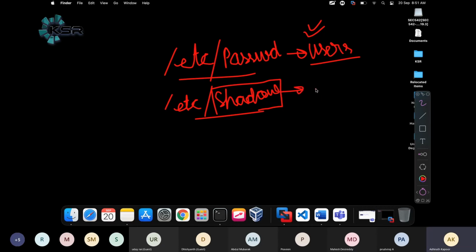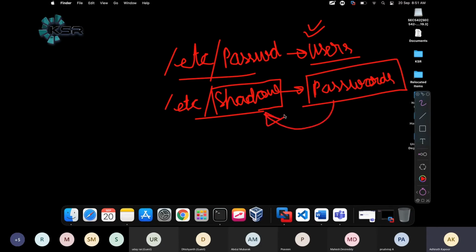The shadow file will contain passwords. Your shadow file is going to contain passwords in a different type of format, and we are going to look at that format right now. Imagine this: if you are hacking onto somebody's system,